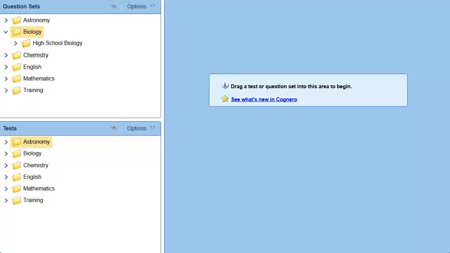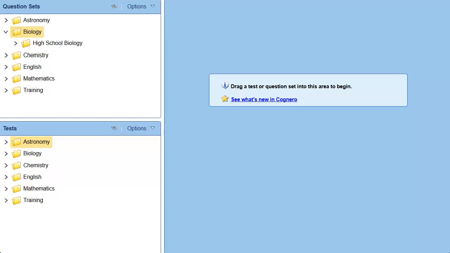We've seen how state standards will display for instructors based on their school state. Now, let's look at how to add state standards to a question. First, we're going to import some state standards so they're available in the system. We can add standards to the database one at a time as we tag questions. But if you have a team of people working on the content, sometimes it's helpful to have the standards loaded